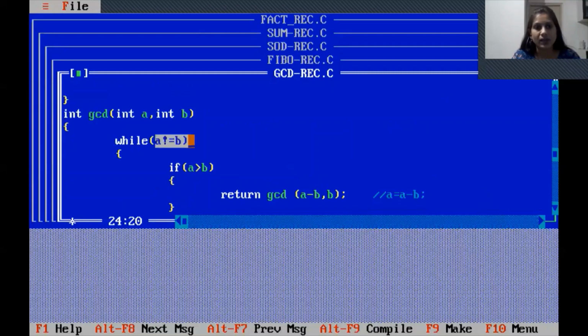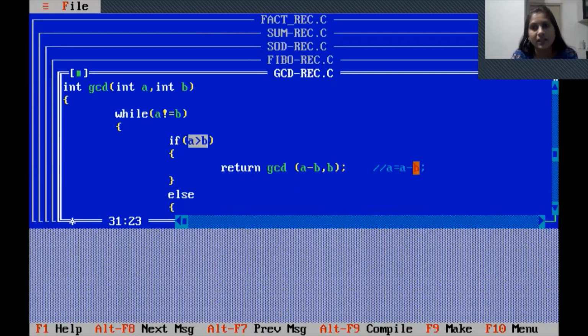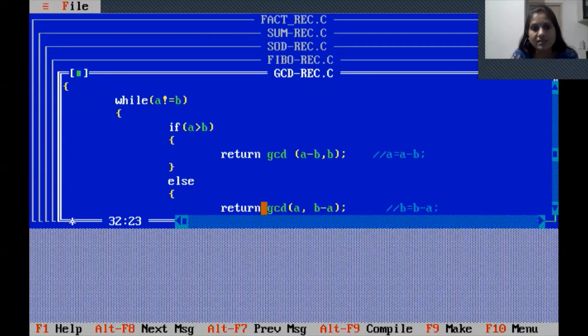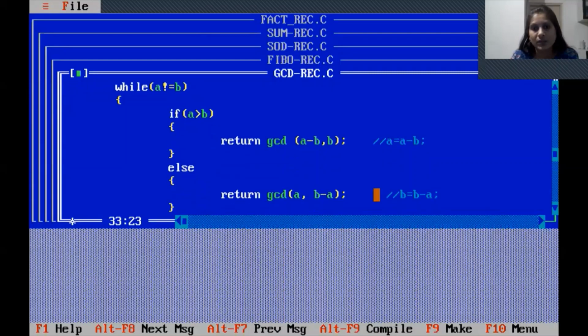If a not equals b, then check whether a is greater than b. If yes, then the value of a will be updated with a minus b. And if b is greater than a, then the value of b will be updated with b minus a. That is our logic. But now here we are making recursion. So inside the GCD function, the a value will be updated as a minus b. So here the formula is a minus b and b stays as it is. Same thing here: a stays as it is, but the b formula is updated. b equals b minus a. So here in the b part, we are changing the formula to b minus a. This is nothing but the recursion method.